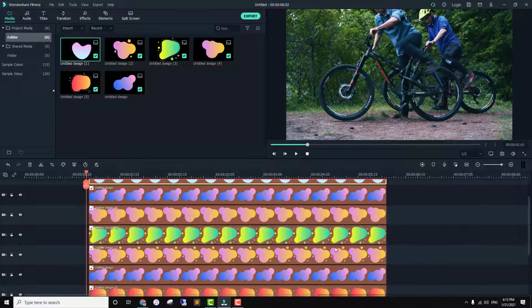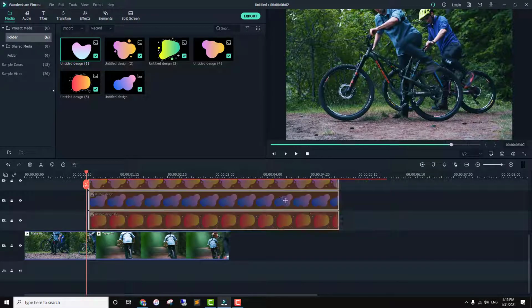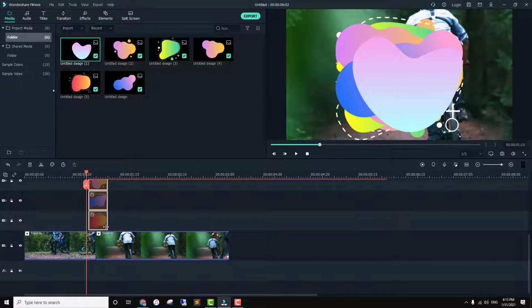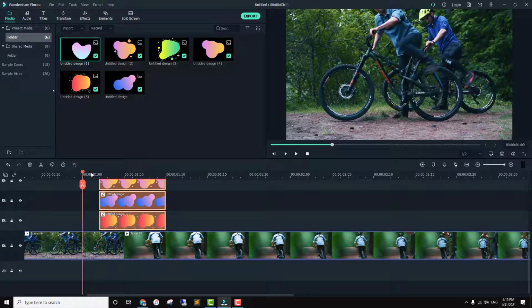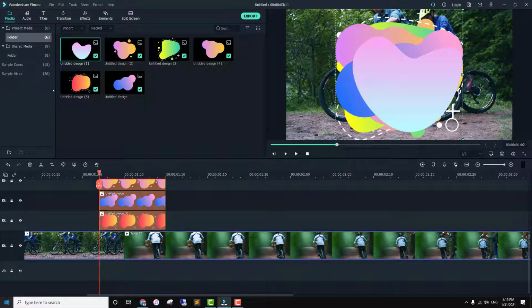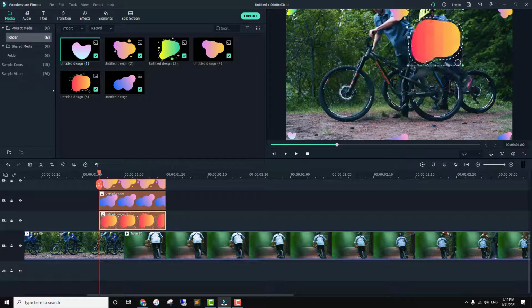Now I want to trim all of them, so I will select them and trim all of them. That is good enough. Then I will also change the size and position for all of them. So we have added them on all the edges and one in the center.